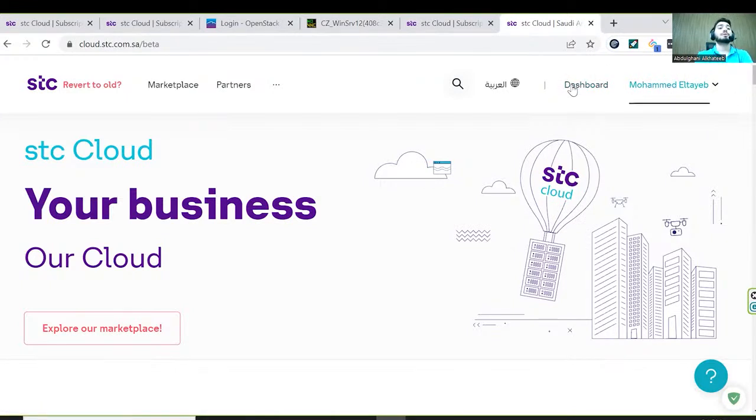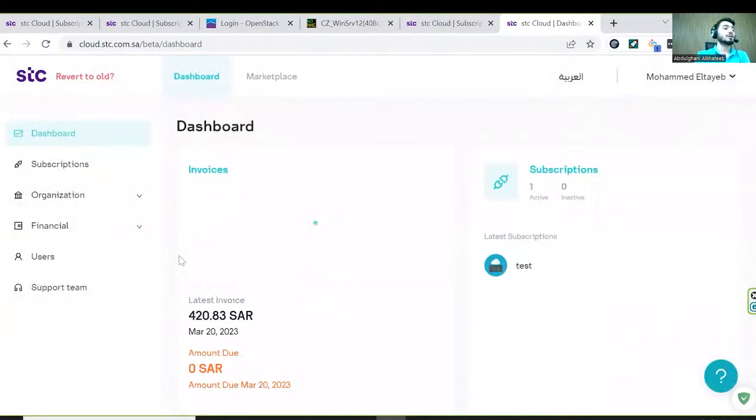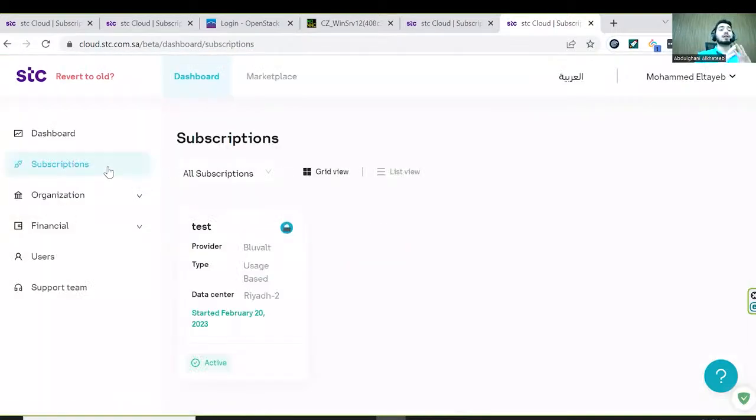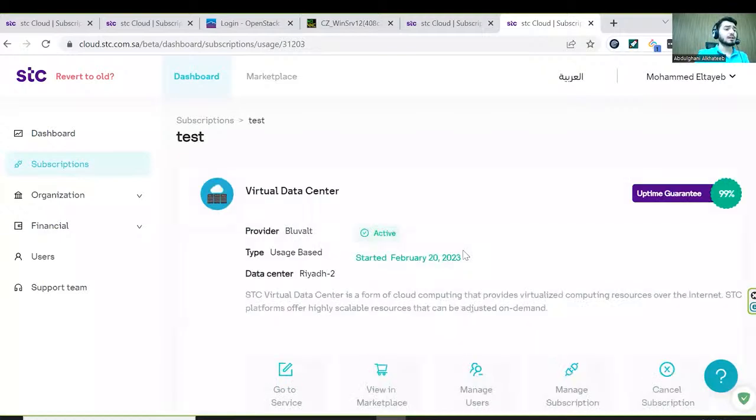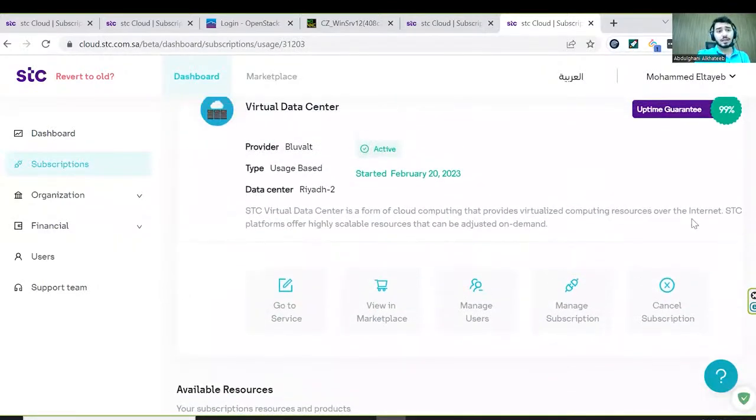You will see your name appearing here. Then you will go to the dashboard, accessing the subscription and invoices. You have to go to the subscription. Subscription means that the entire account will manage your instances from financial until the billing. Then you will see the test. I have created a test subscription. If you click it, you'll see that subscription layout. Here you can cancel the subscription if you don't need any further consuming, or manage the subscription, manage users, and view